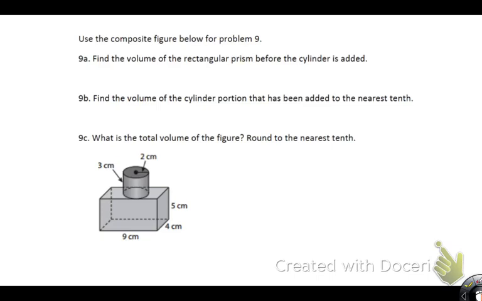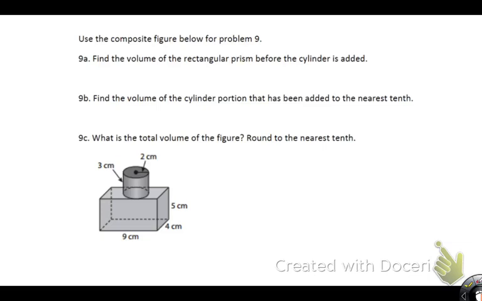All right, this is a composite figure, so we have kind of two things together. We have the prism on the bottom, and then we have the cylinder on the top. So we'll just follow the directions on this one. So find the volume of the rectangular prism. So that's going to be just our normal volume equals,